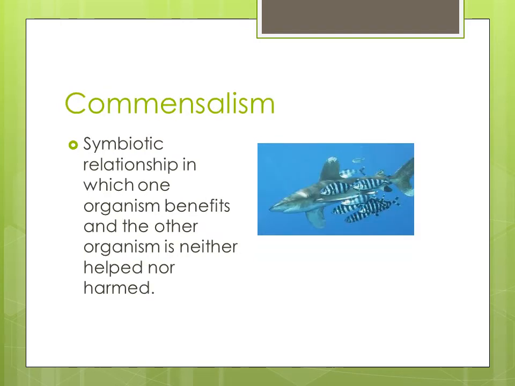The next example is commensalism. And it's a symbiotic relationship in which one organism benefits and the other organism is neither helped nor harmed. So sometimes you have fish that can work to be there with the shark. And of course, having a shark around, if they're not getting eaten by that shark, they're benefiting because they end up having the protection of the shark, because other things that may want to eat those fish don't eat those fish in the picture because they're around a shark.